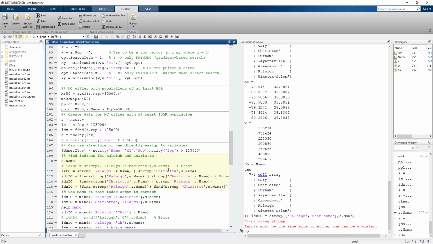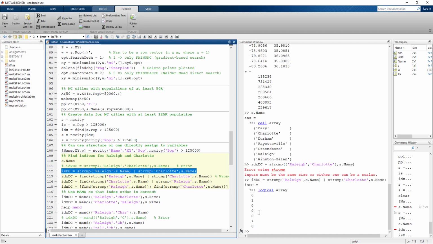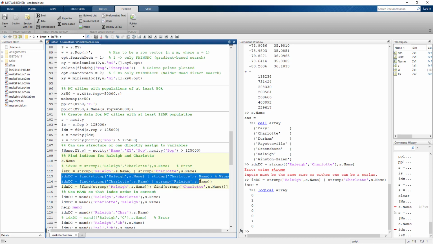One way of getting around it is we could do string compare for Raleigh and Charlotte. And then since the string compare returns logical vectors, we could use the logical OR operator. And if we did that, we'd get returned 1s in the 2 locations for Charlotte and Raleigh in the name string. The problem with that is that in terms of index,